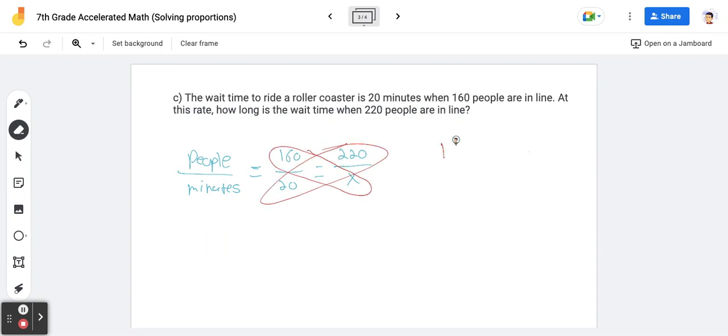Okay, so that's 160x is equal to 220 times 20, which is 4,400. Let's solve, dividing both sides by 160. So x is equal to